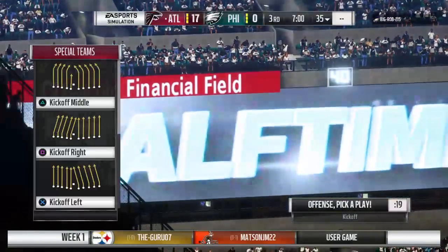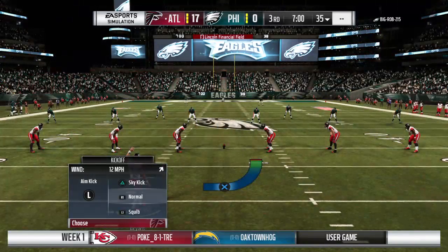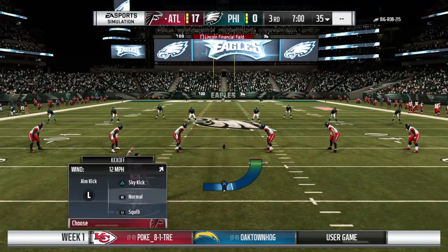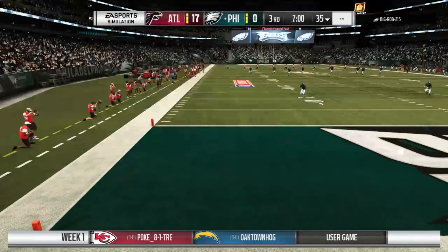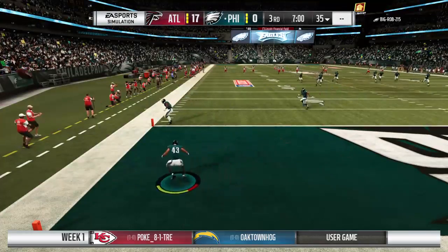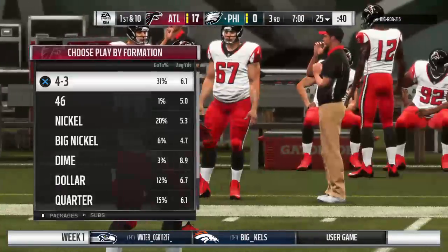Also, when you're returning it, remember those wedges that we used to say where guys would form together, 2 or 3 guys? No more of those. So it'd be a lot more man-on-man, one-on-one blocking. And also they have rules about where people have to be when the ball's kicked, where they have to be when the ball's caught. So to me, it's much more like a punt return than it is an actual kickoff